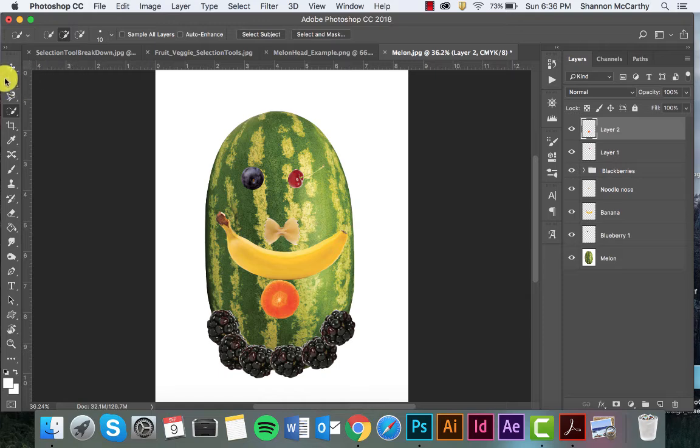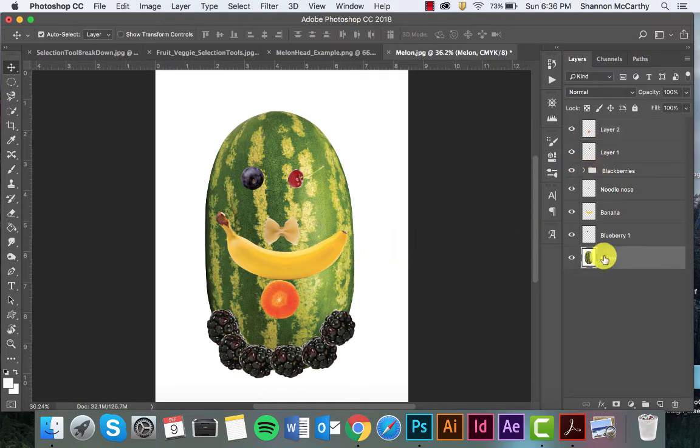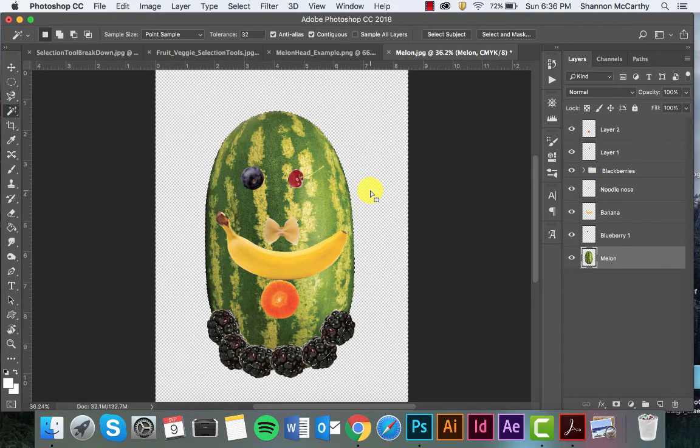So again, we worked with free transform, we worked with moving, adding layers, making a group. Let's just say with this melon, this would be a good way to use magic wand. I come down to my melon, making sure that's selected, click on my white, and then because it's pure white, nothing is in its way, it's easily able to erase. So there you go, click and away it goes. Now what I would then do is make a new layer. I drag it down to the bottom,